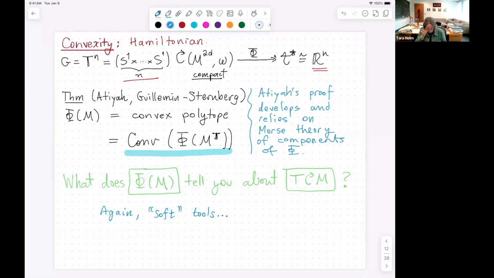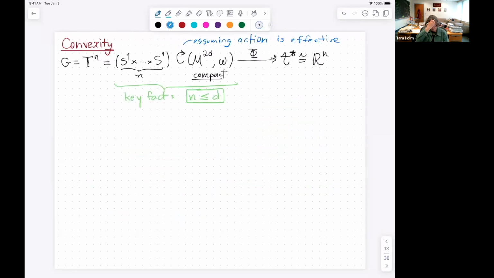And so at the end, you're left with the question, what does this momentum map image tell you? What does this convex polytope, what can you recover from the convex polytope about the T action on M? And again, the lingo is that these are soft tools on M rather than hard holomorphic tools that are telling you something about complex structures. Okay, so a key fact,